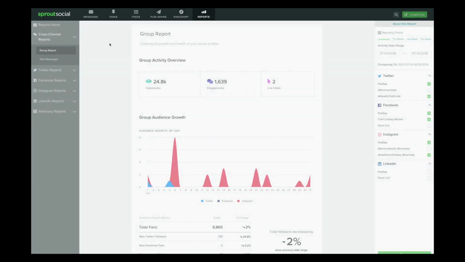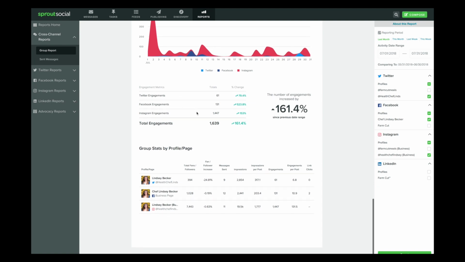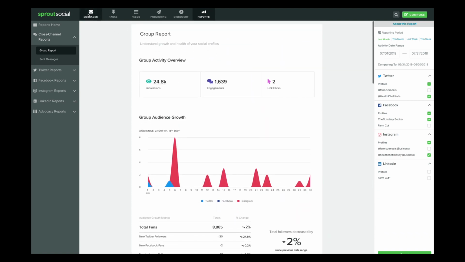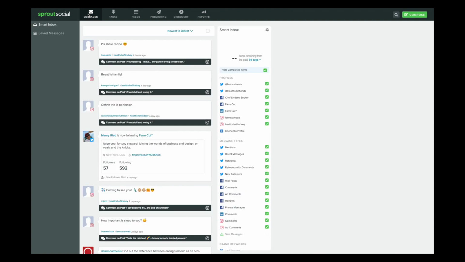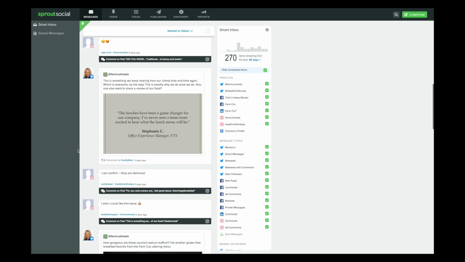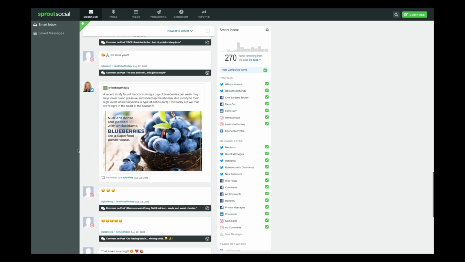I can organize all my different clients into different folders that they call groups. So I can add as many folders, as many groups as I need, and I can add all these different accounts onto their profiles. So I can do Facebook and Twitter and Instagram, Google+, Pinterest, LinkedIn, and they can all get organized into the different folders, into the groups.